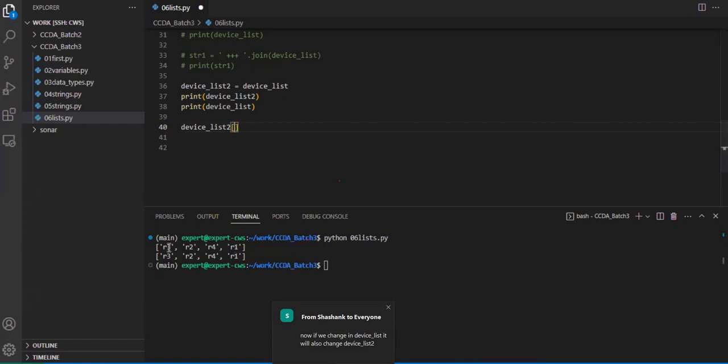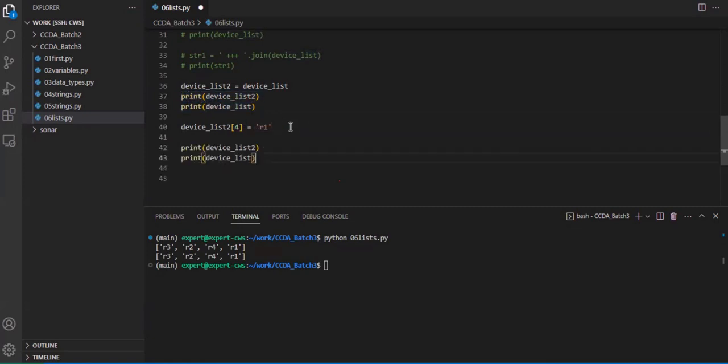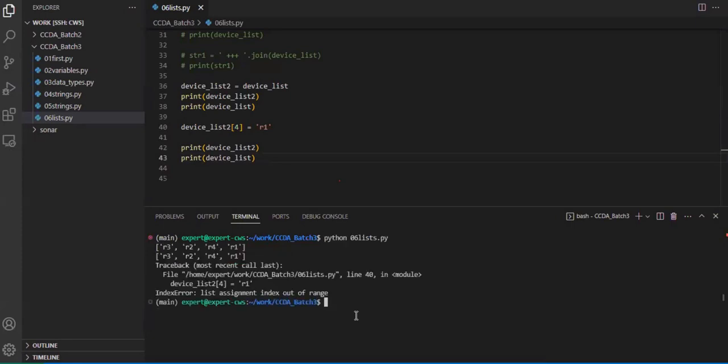And how many are there? 1, 2, 3, 4. So at the 5th position, I added, and then I'll print out both. Index out of range. 1, 2, 3, 4. You have to say append dot